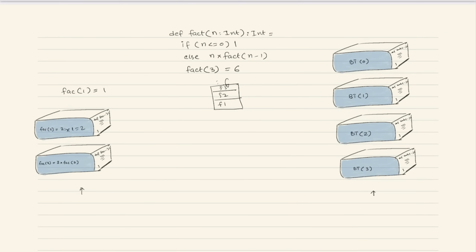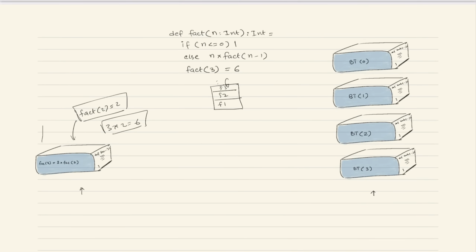Now after that, it knows that factorial of 2 is equal to 2, and it is going to substitute that value at the bottom of this function. So once it substitutes that value, that factorial of 2 is equal to 2, we will get the answer 3 multiplied by 2 is equal to 6. So this is how it works. It goes till it finds the base condition, and once the base condition is satisfied, it just goes back